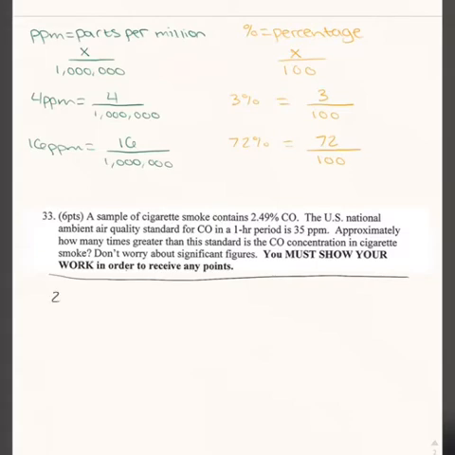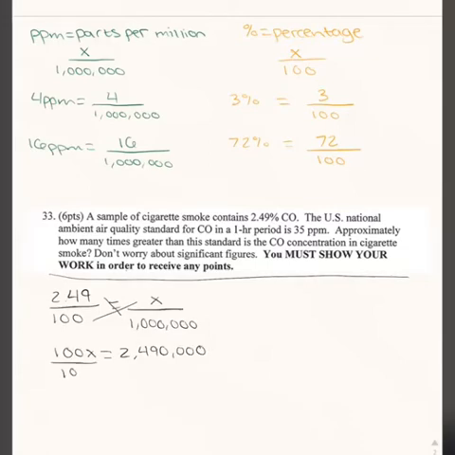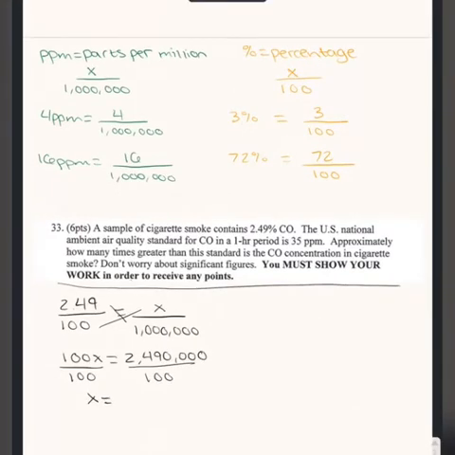So first we're going to go ahead and put that in a fraction. And we know since it's 2.49%, it'll be 2.49 over 100. And we're looking for ppm, which is X, over 1 million. And so to solve this, we're just going to go ahead and cross multiply. So we get that 100x is equal to 2,490,000. And then by dividing both sides by 100, we find that x is equal to